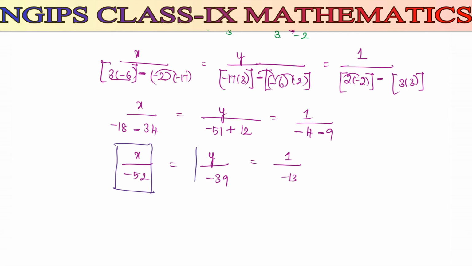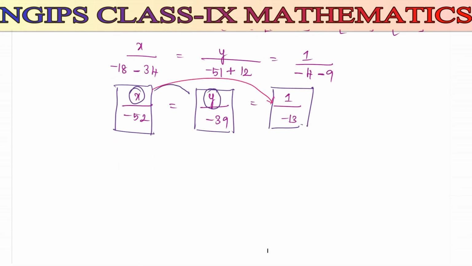x is equal to y, and y is going to be equal to the constant. Now listen carefully, when I equate these two values, both have unknown values, here also x and here also we have the variable y, both are unknown values. So it is not possible to find the value of x or y. I am going to equate the first variable x to the constant term. When you equate an unknown value with the known value, easily you can find the unknown value. So I equate x divided by minus 52 is equal to 1 divided by minus 13.